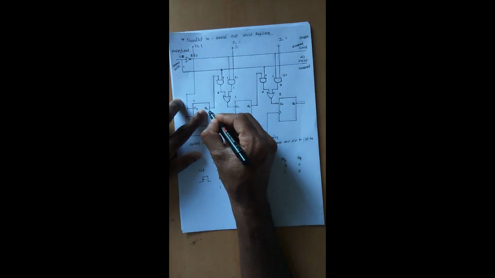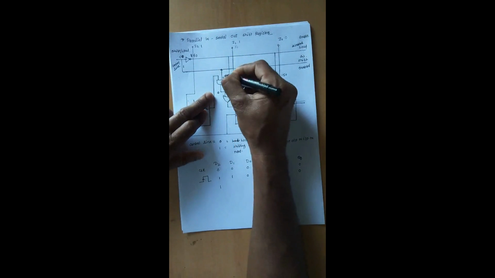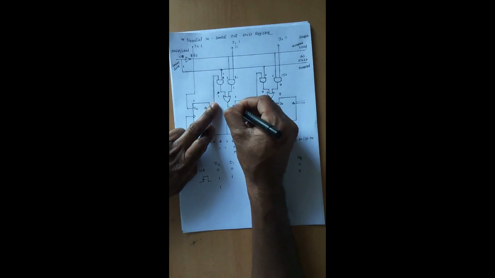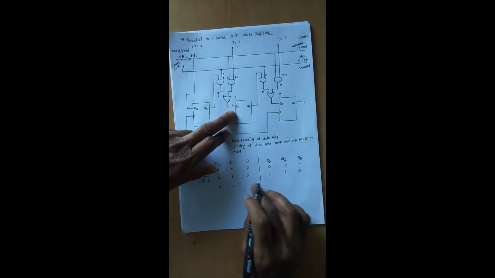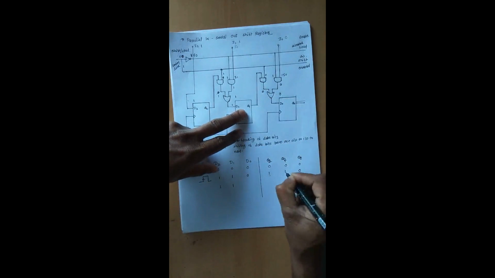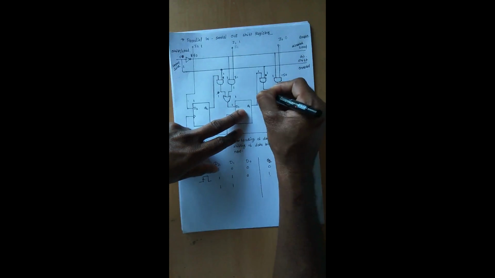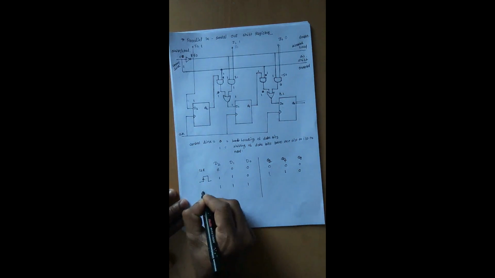Next, what is the value of Q of 2, which is present here? Because this is an active high signal, it will be 1. 1 into 1 becomes 1, and so D1 is 1 also. Then what is D of 0? The Q of 1 value is 1, so it will be present here. This is the active high line, so 1 into 1 becomes 1, 1 plus 0 becomes 1, so D of 0 is 1. Okay, right now I will apply the clock.